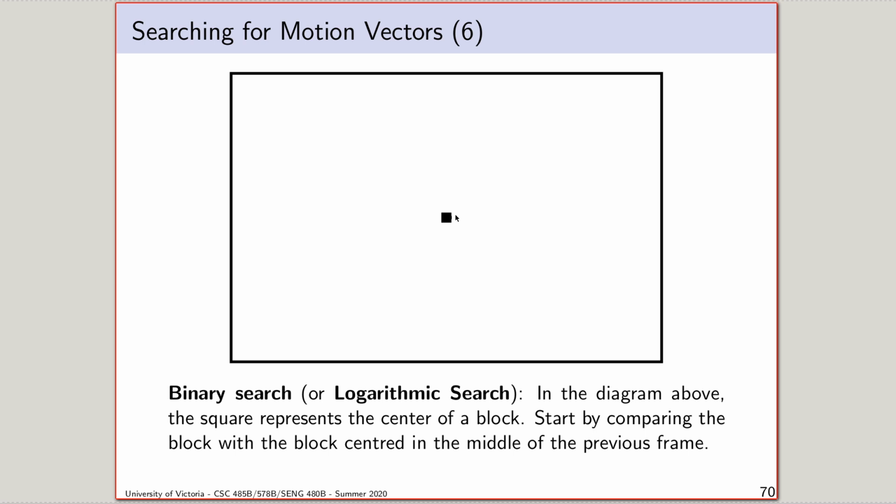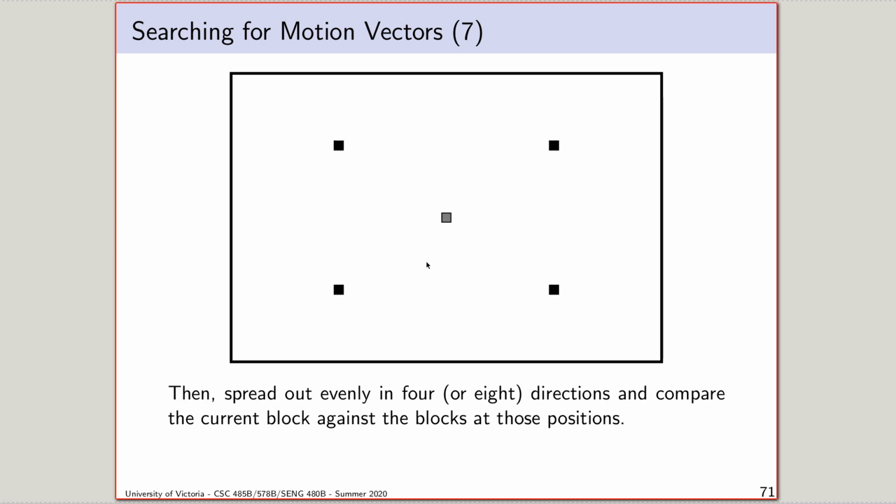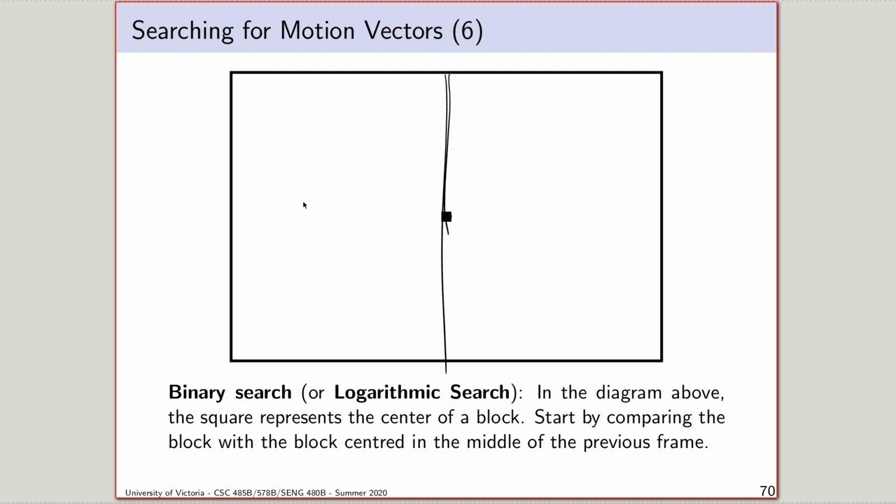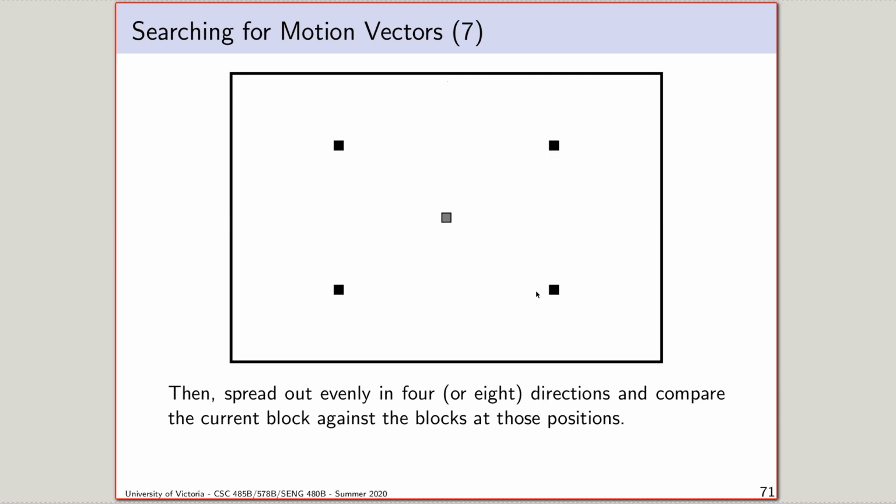Here's what I will do. Who cares where in the image the block is? I will begin by testing the center of the image, like basically taking my block and overlaying it here, and then asking what, let's say, the average absolute difference is. And then I will fan out, and notice how if I do this, it divides the image up into 4 pieces. I will look at the center of each of them, not unlike binary search. And then I see of these 4 directions around it, or maybe I choose 8 directions,